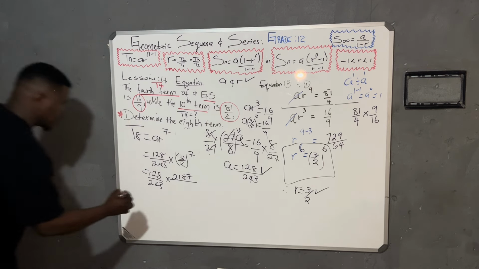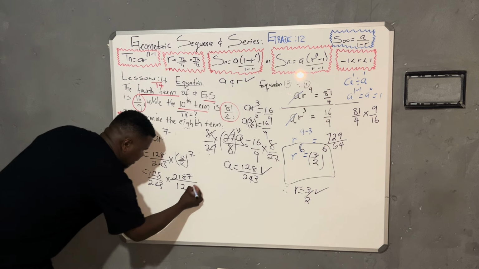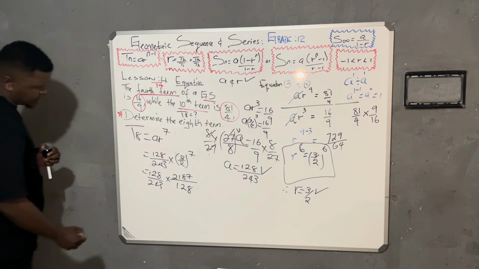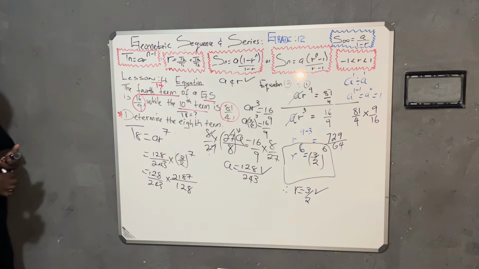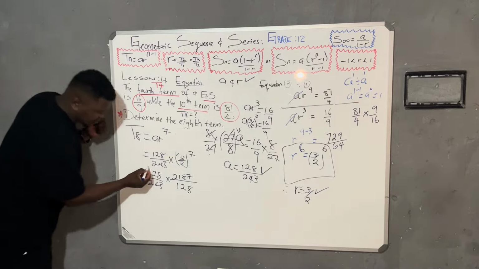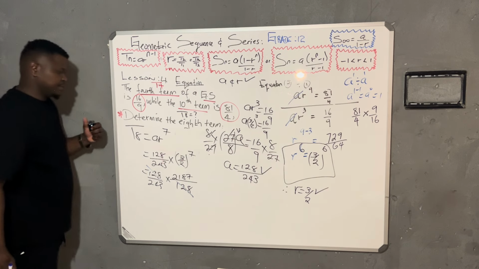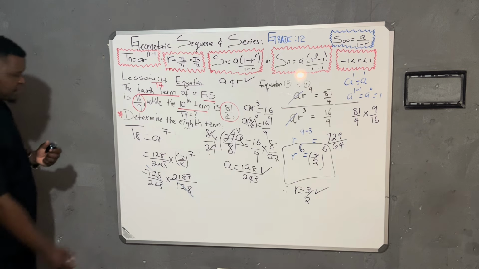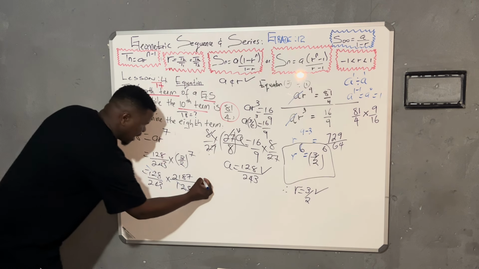I'm getting 128. So if you check something here, if it allows me to cancel similar numbers, I will do that. That is a way of simplifying. So after canceling this and that, I just remain with,